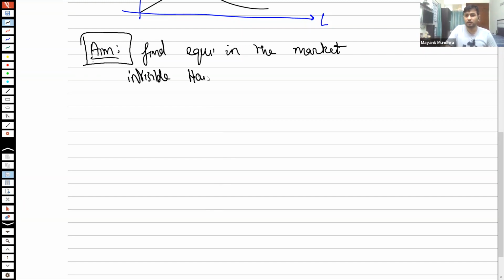We have all heard the invisible hand statement which Adam Smith made in Wealth of Nations, but he never proved it. So the idea is that we are going to look at consumers, we are going to look at producers, and then we are going to put them in the market together, and then look at what the equilibrium is going to be.